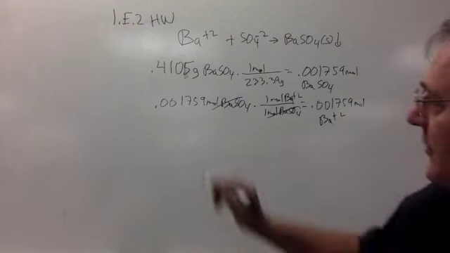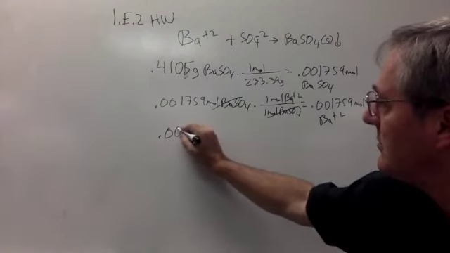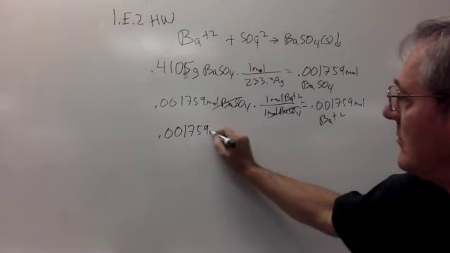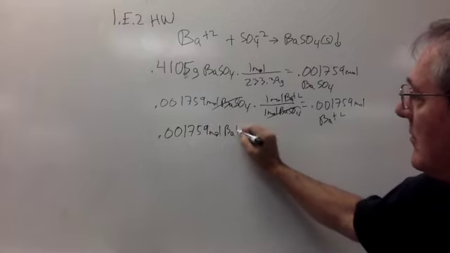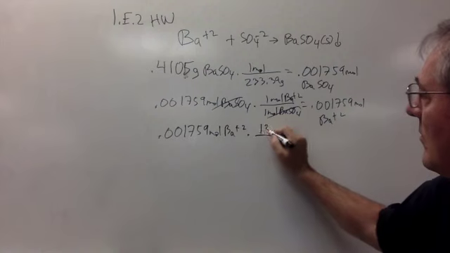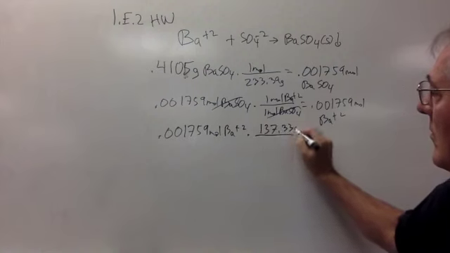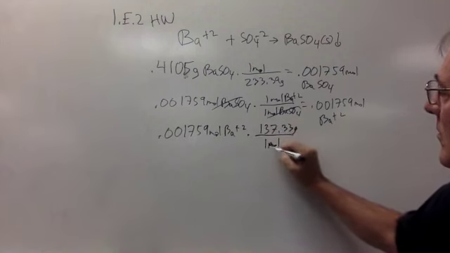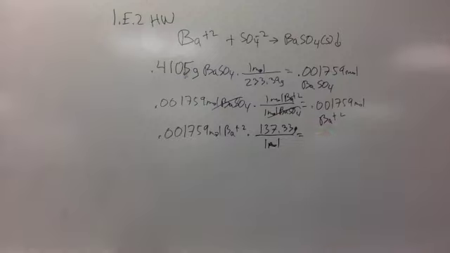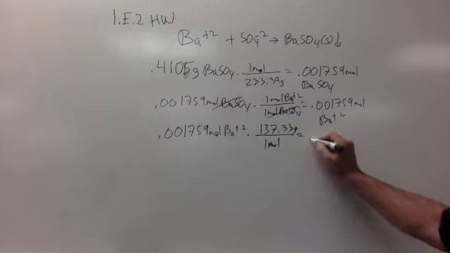Changing that to grams. Molar mass of barium is 137.33 grams. I get 0.2416